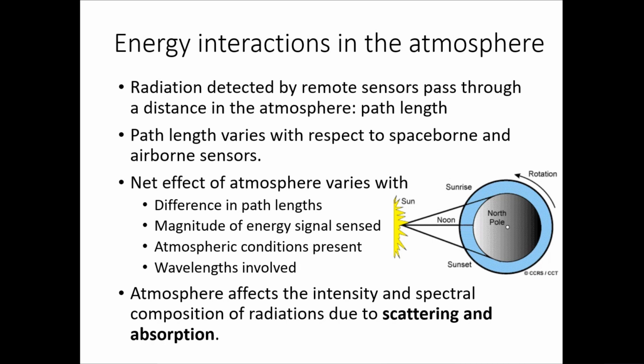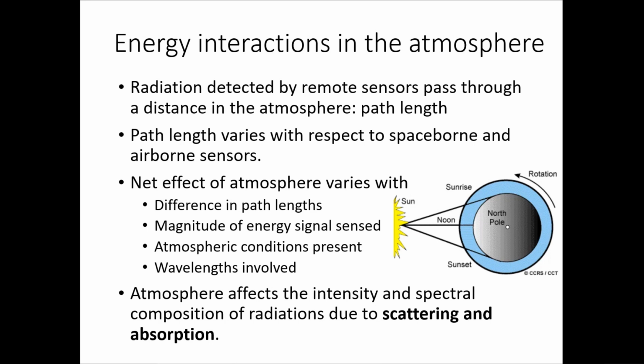So we saw that this energy is traveling through the atmosphere to the earth feature, and then it is reflected, and then it travels back through the same atmosphere to the satellite where it is sensed, right? So there is a lot of chance of interactions with the atmosphere for that energy, right? So this energy can be scattered or absorbed in the atmosphere during its travel, right? From the source to the earth feature, and from the earth feature when it is reflected back to the sensor, right?